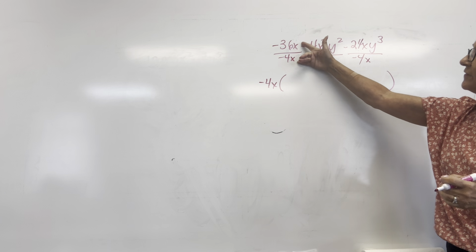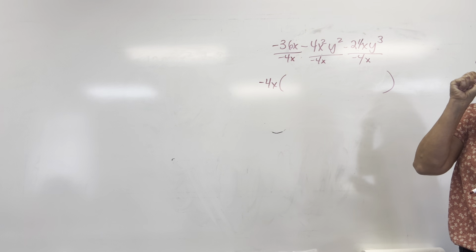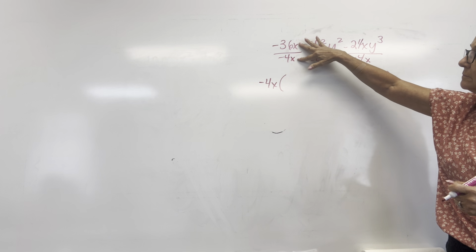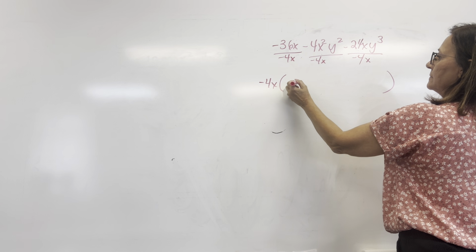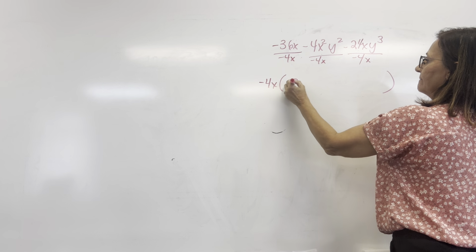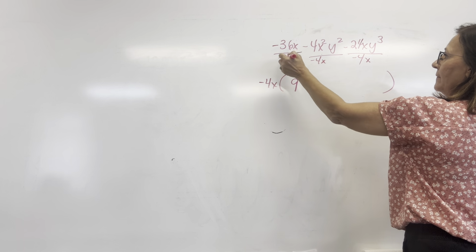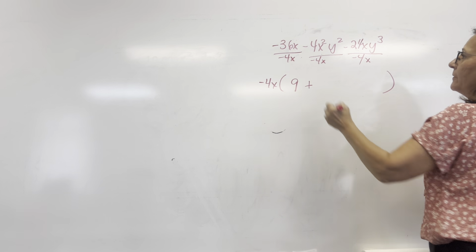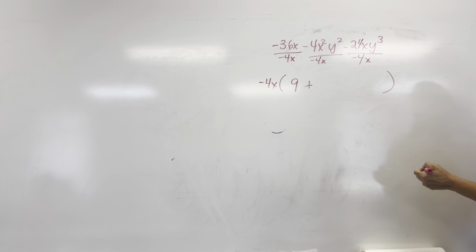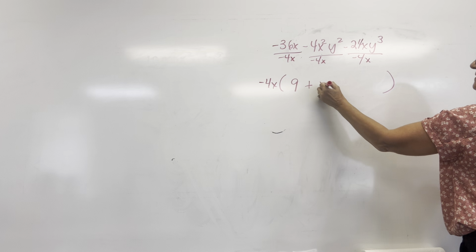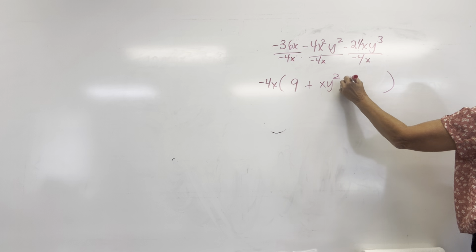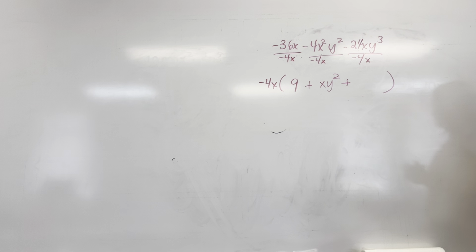All right, what's left of this first term? X. No x. 9. There, and then it's going to be a plus. Then what am I left with? Y squared. Well, I have 1x, and then I have a y squared, and then,